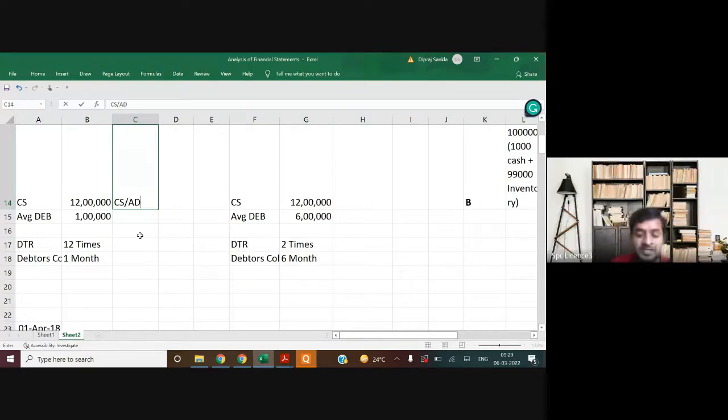Another thing: suppose there is no opening balance of bill receivable, no closing balance of bill receivable, and no opening balance of sundry debtors also. Only one figure is provided in the problem, that is the closing balance of sundry debtors. That time divide credit sale by the closing balance of debtors and consider the closing balance of